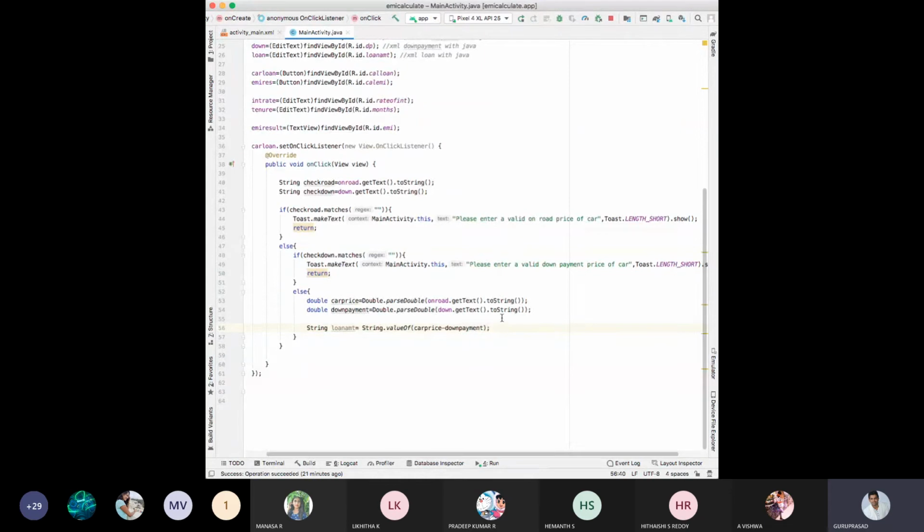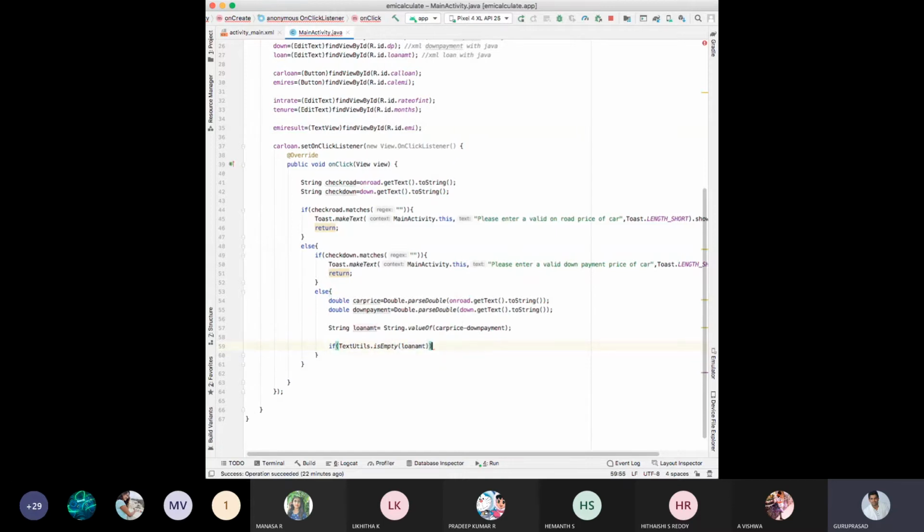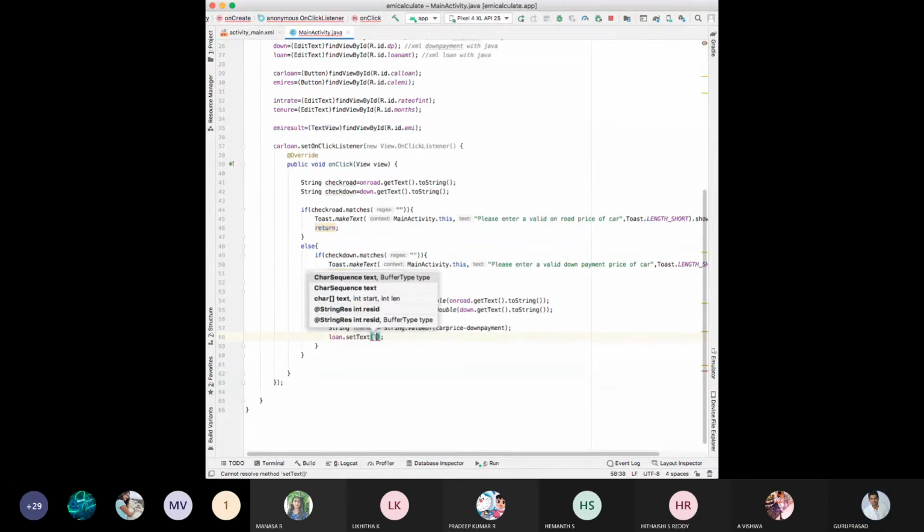Okay, now next, if TextUtils dot isEmpty loan amount, or else we need to set a text loan dot as a loan amount. Okay.